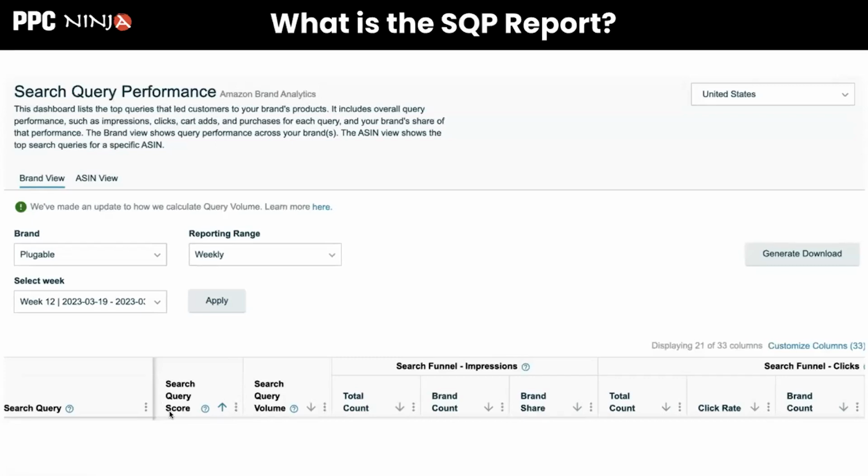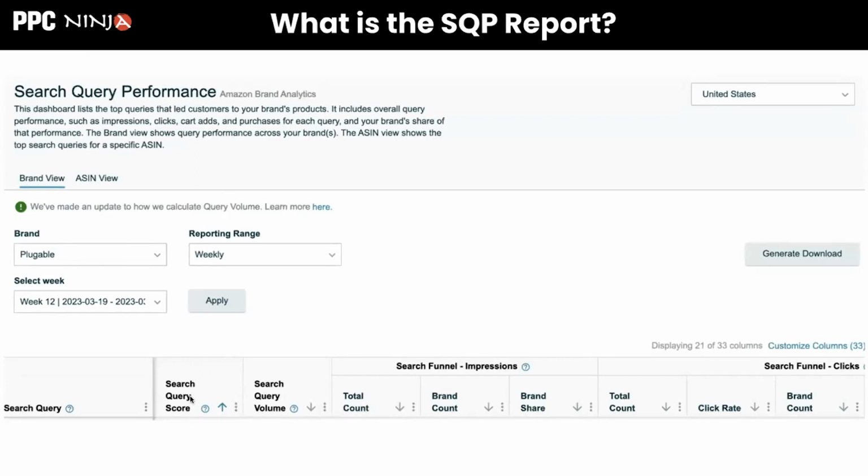Now, important to note is that they give you these 2 interesting extra details: search query score, and search query volume. Search query volume is very useful because so far we've been using other tools that give us some estimation of search volume, right? We all want to know the monthly search volume for a keyword. Well, this data is coming directly from Amazon. So it's way more accurate and more powerful. It's important to pay attention to this because it will give you an idea of which are the most important keywords in Amazon's eyes.